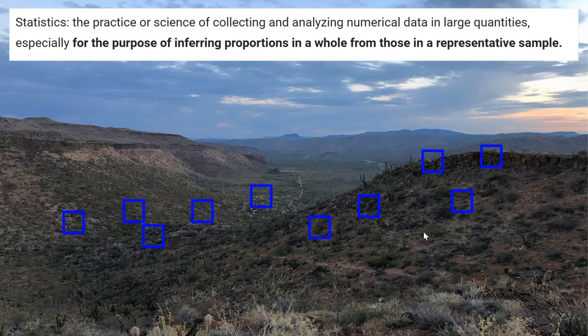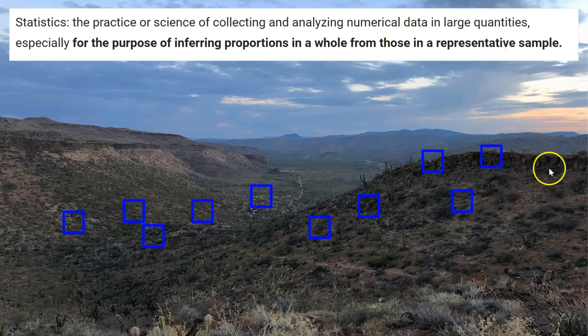So quadrats are very useful. They are spatially replicated units. You want to randomly choose them because if you just said, well, I'm going to put it right here on this big cactus, that would bias your sampling, right? So you want to randomly choose them. You also need to have replication so that you're not just choosing one area where there just happens to be tall cacti versus an area where there isn't. You want it to be replicated to have more chance of being representative of the whole.